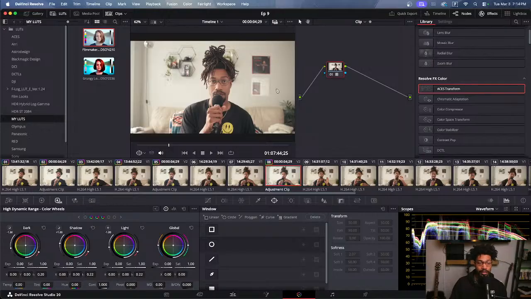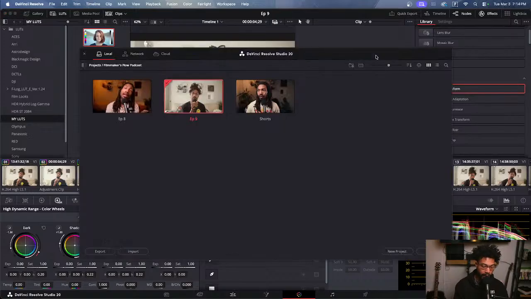It looks cool here, but this is one of those situations where you might say, oh, I love how that podcast looks, I want my film to look like that. But you have to know the parameters of what that LUT was made for. If it wasn't made for the use case that you need it for, you can't just slap it on. So this is a use case. If you looked at this and said, oh, this looks cinematic, or this looks like film, let me just grab the look from this and drop it on my footage, it's going to look great. Not necessarily. And as we can see, when we go back over to the other project,